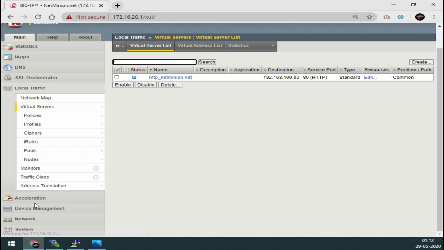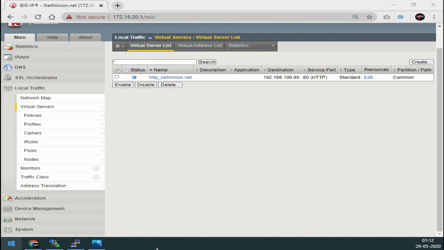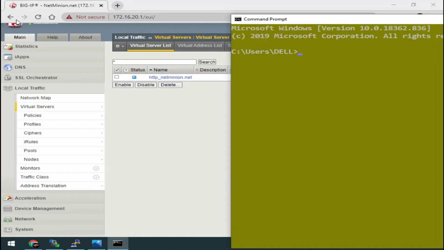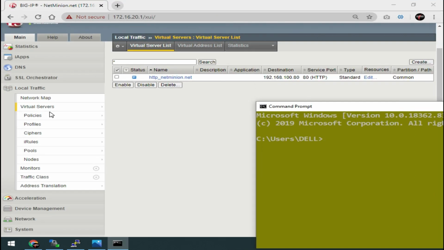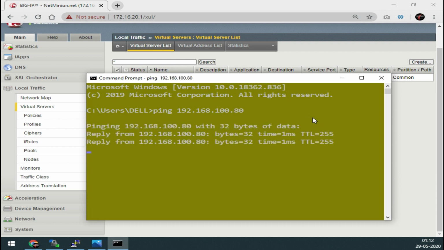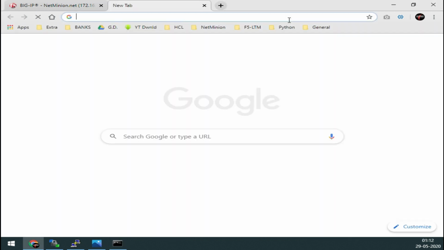Finish it. Okay. So let me check if my server is responding to the ping packet or not. By default, ARP is always enabled for the virtual server, so the ping should get a response. Whether it is responding on the particular service or not is something different. So it is 80. Yeah. Okay, so it is responding to the ping packets. Okay, perfect.